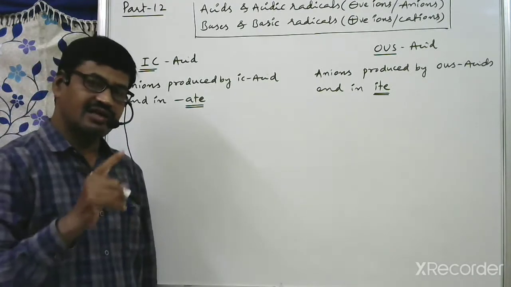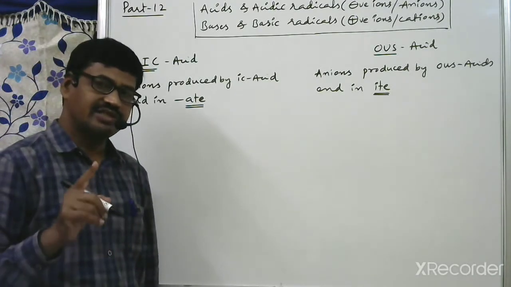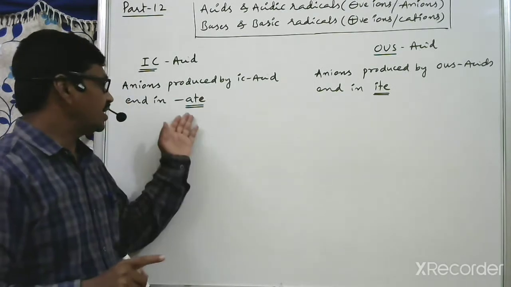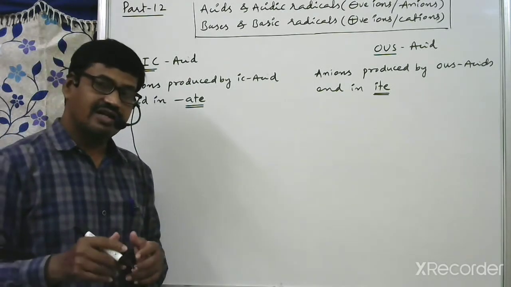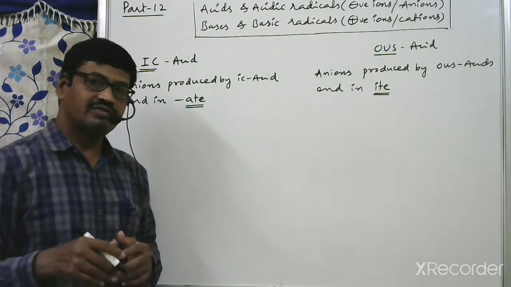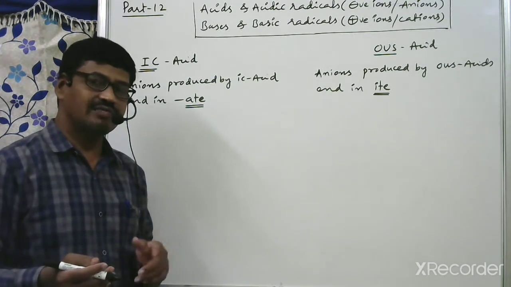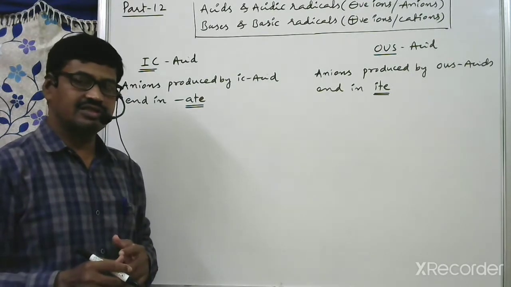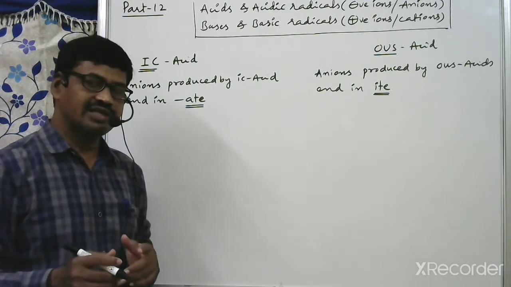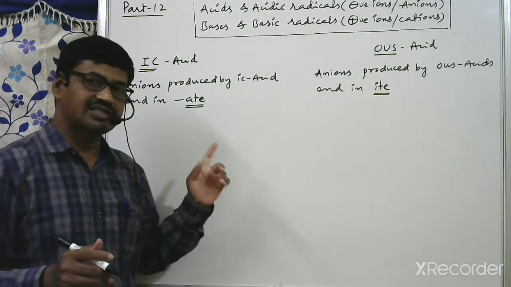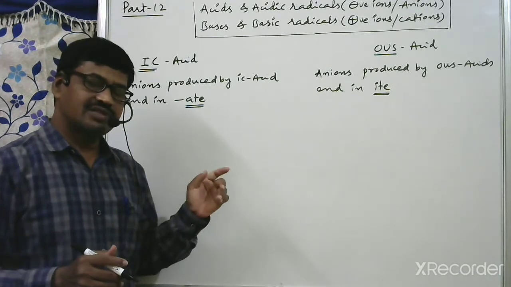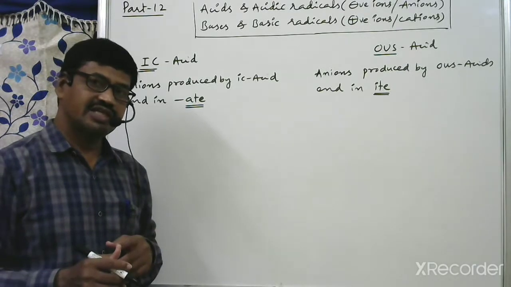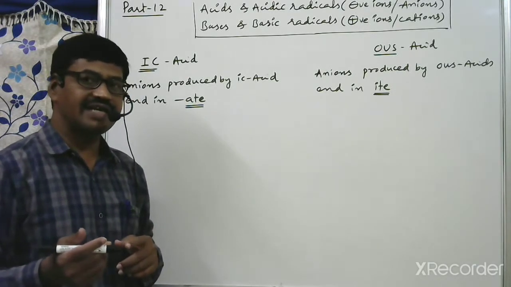Ide I already gave in the last class. Ide is nothing but a simple ion which contains only one atom. Here ate and ite ions are anions with more than one atom. Otherwise we can say polyatomic ions, otherwise compound ions, not simple ions. Simple ions, simple anions, will take the ide ending. Just now I wrote HCl. From HCl we got Cl minus. It is a simple ion, so it ends in ide.